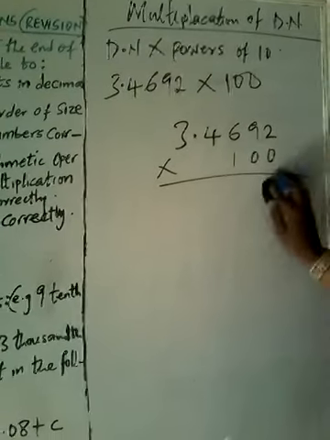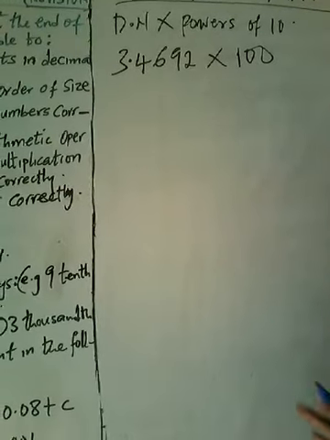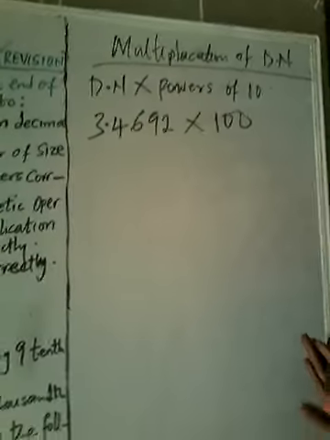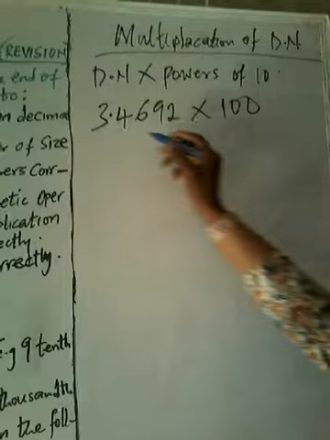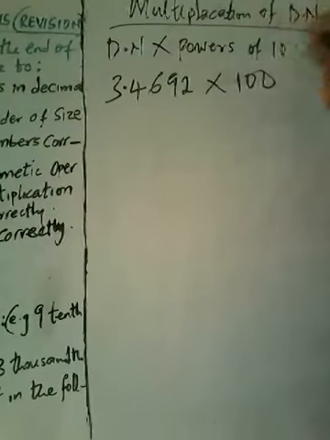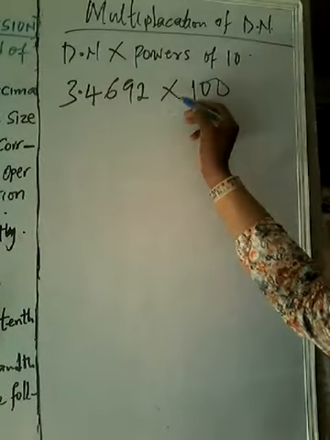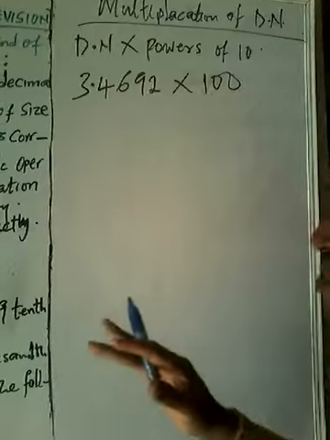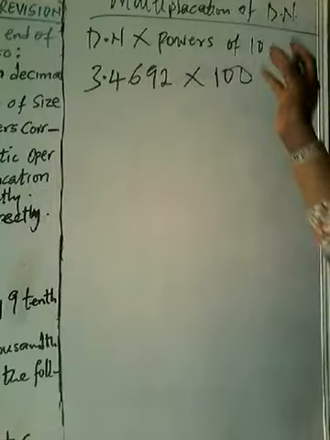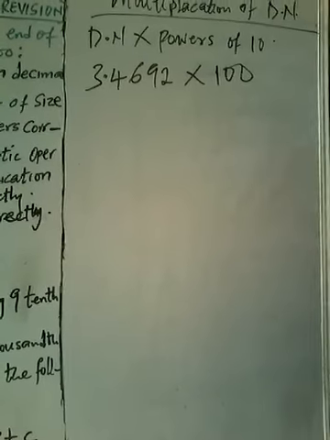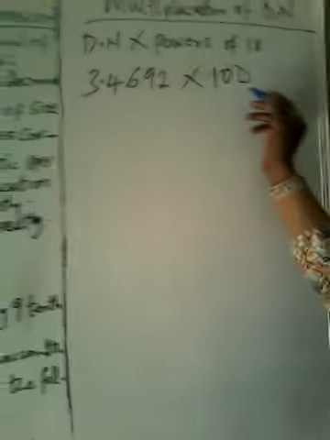So what is the digital way of doing this? The shortcut way of doing this. Mathematics is about learning the shortcut way to get to the answer in time. Now, what you do when you are multiplying with powers of 10 is that you move the decimal point to the right hand side. Because when you are multiplying, multiplication means increase. Multiplication will lead to increase, and when you move the point to the right hand side, you are increasing. When you go to the left hand side, you are decreasing. So you move the point to the right hand side. How?